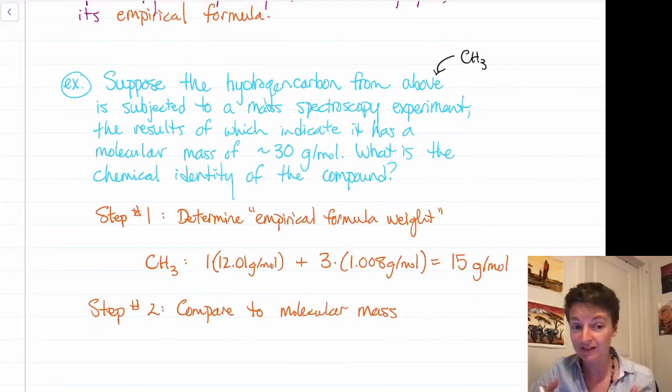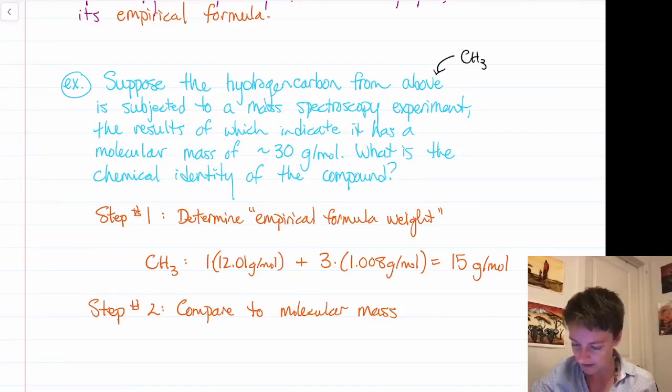One strategy that's perfectly reasonable is that you could notice just by intuition and eyesight that the molecular mass of the real compound is about twice as big as that of our empirical formula weight. And that might lead you to believe that our empirical formula multiplied by 2 would give us the correct molecular mass. And if you do guess and check, and you determine a compound that has the correct empirical formula and has a molar mass that matches that of what's been experimentally determined, then great,